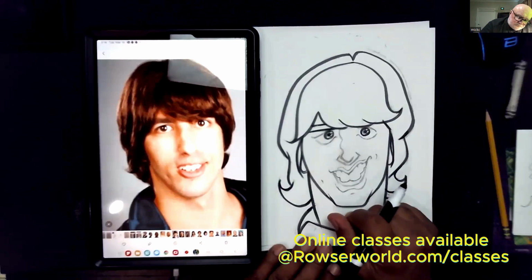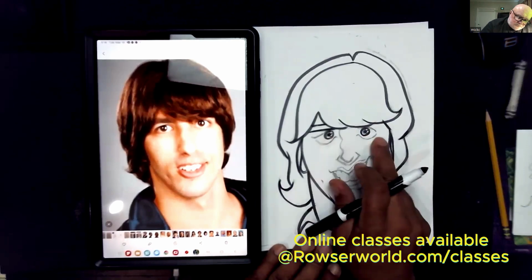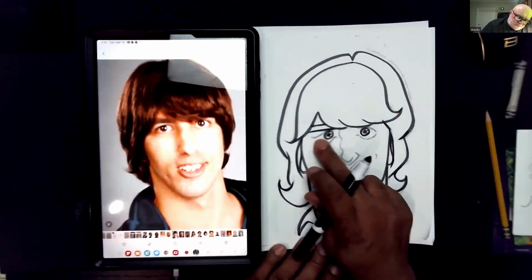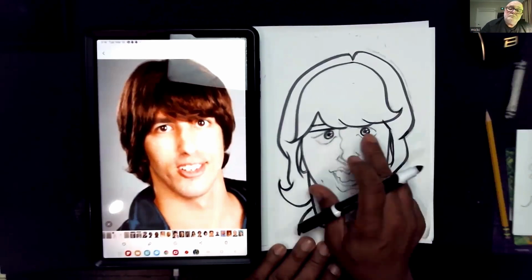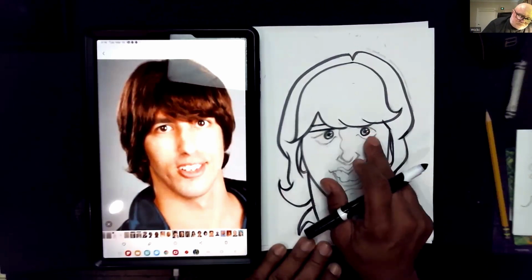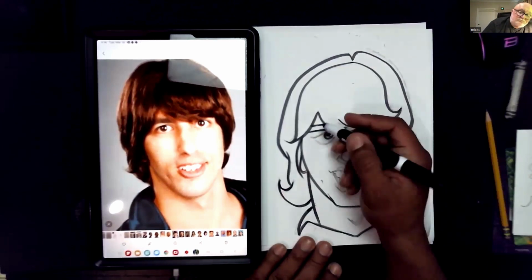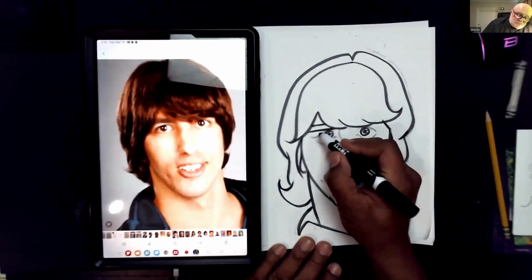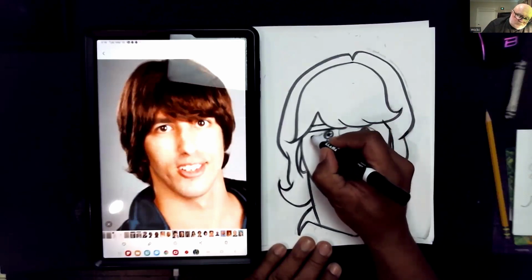Okay. So remember when we started the eye, we started with the pupil first to establish the position, the basic eye and where he's looking and all that good stuff. And then we came back and we personalized it. So now we have the two eyes. Let's go to this top line over here. And we're still going to go with this curve